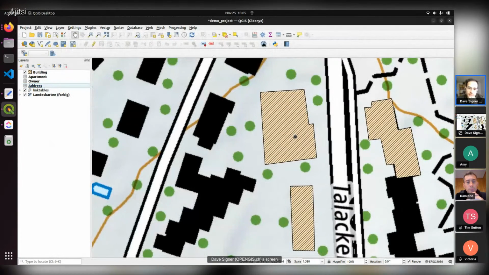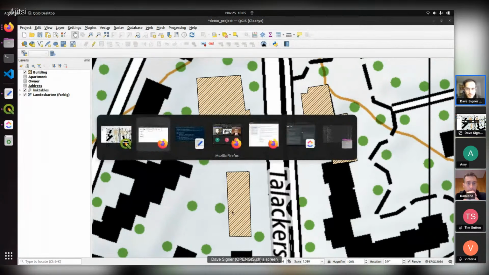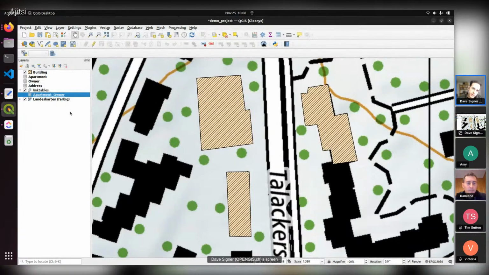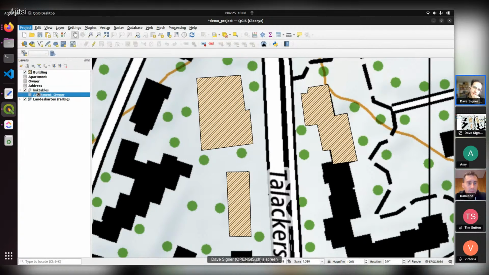Well, let's have a look now at QGIS and the relations. First of all, back here to this, I forgot something here. This many-to-many relation in a normalized model, here we would need to have a linking table in between. And this is exactly the linking table we have here, the apartment owner linking table connecting the owner and the apartment table. And when we have a look now at the relations,